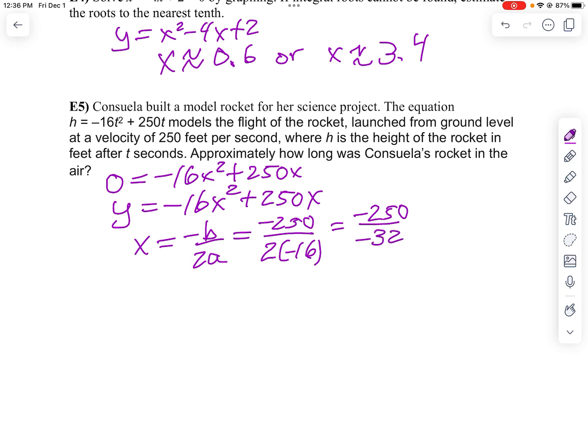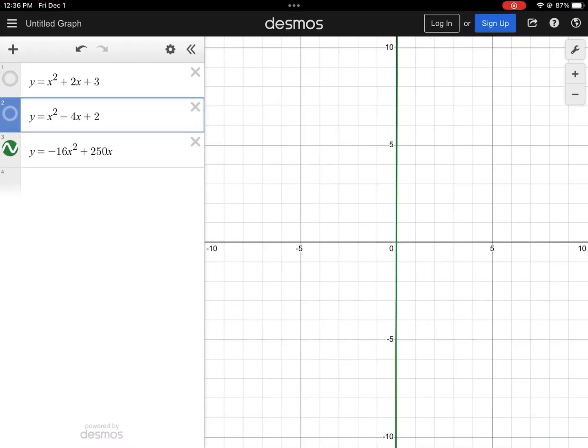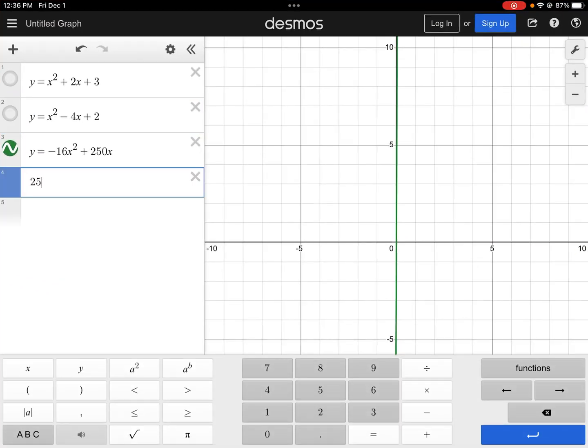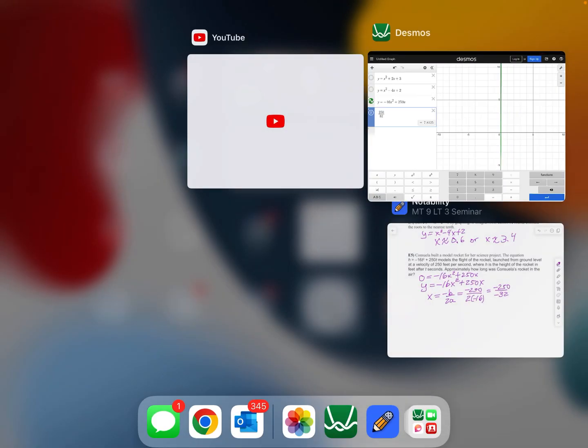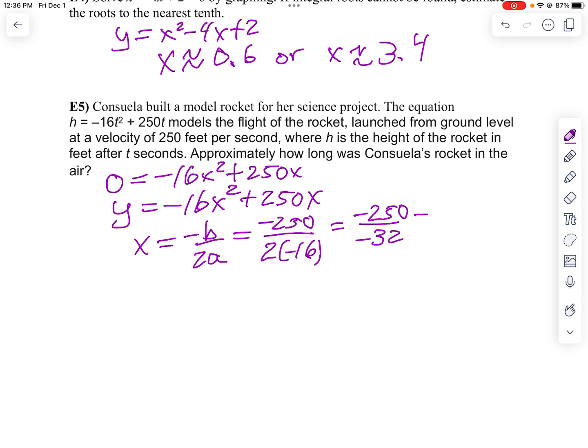If I take 250 divided by 32, we'll just use the calculator for that, that tells me I get about 7.8, don't I? So I know the maximum height of the rocket is at 7.8. Well, if I think of a rocket, it's going to go up and it's going to go down. So I know my rocket is going to go out, let's double that. So double 7.8 turns out to be about